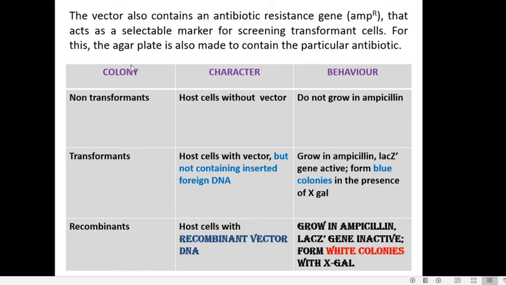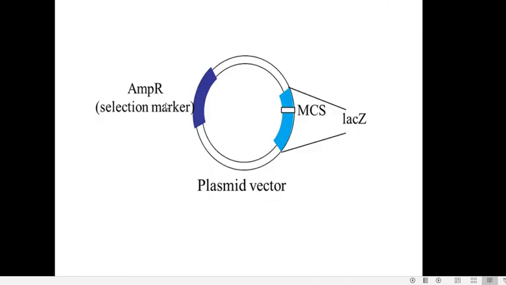So in that case, we have to eliminate them. We have to screen them in the first step itself. That is made possible through this gene which is called the ampicillin resistance gene, which will act as a selectable marker for screening transformant cells. So for that, we will go to the structure of pUC19 again. So this is the lacZ gene which produces alpha peptide. With the insertion of the foreign DNA, this will become inactive and it will give only white colored cells.